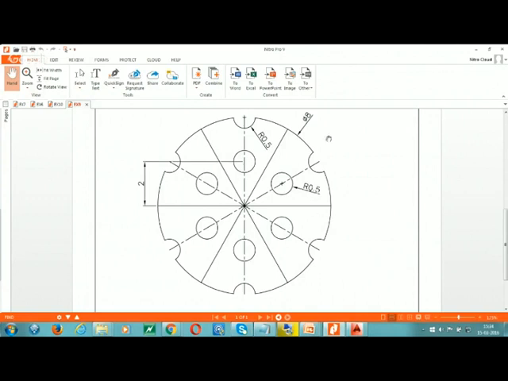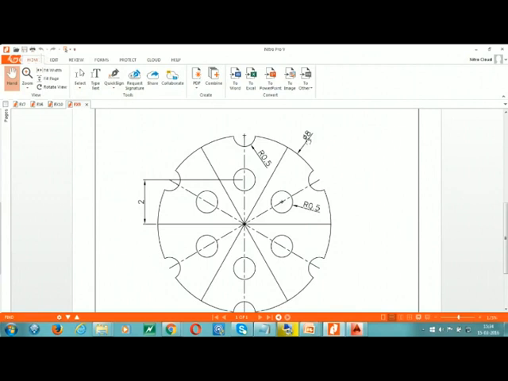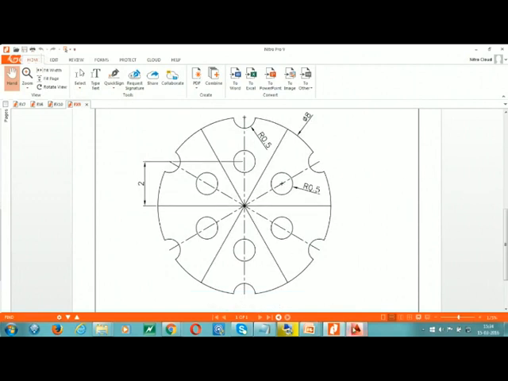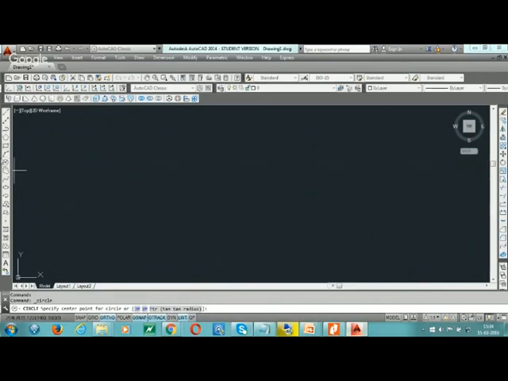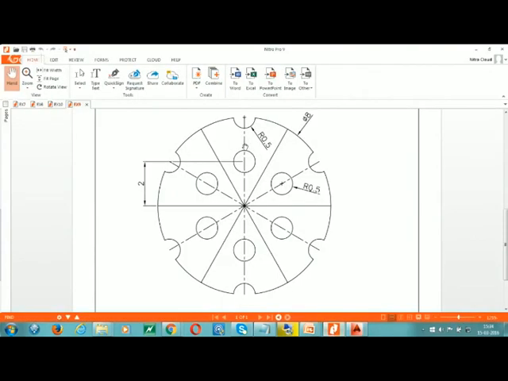First we draw a circle of diameter 8. After that, we draw the lines with the help of